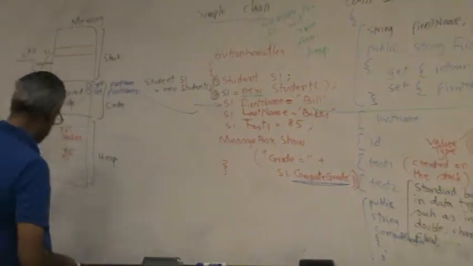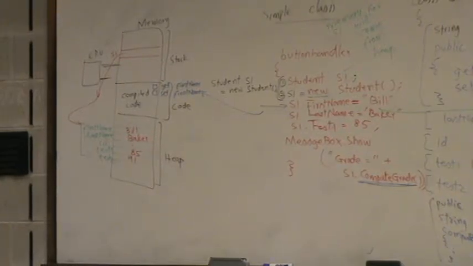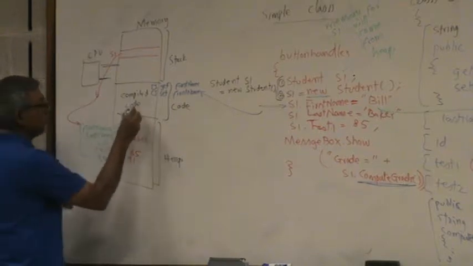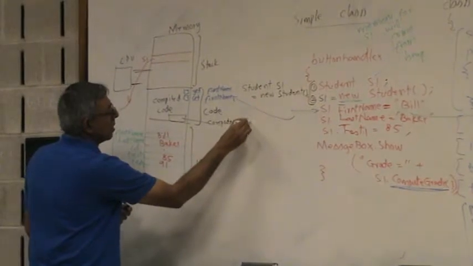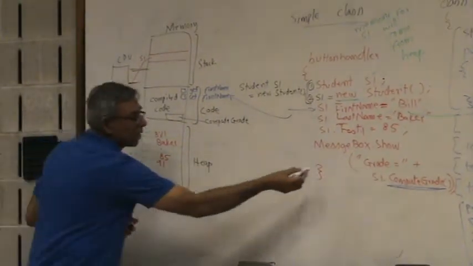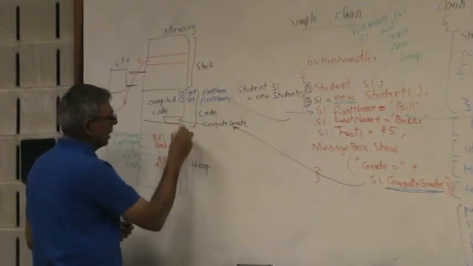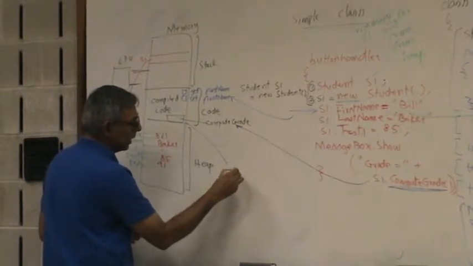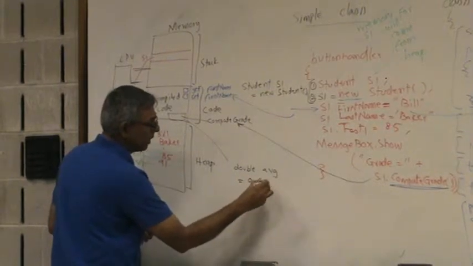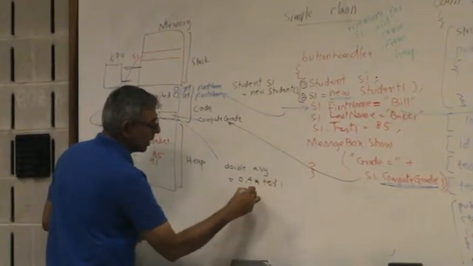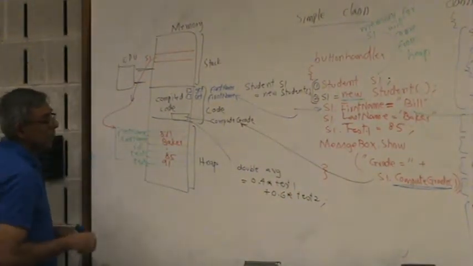Stack area, code area, heap area. Where? Code area, because it's a function. All functions go into the code area, right? So over here, there's a compute grade function. Okay, so anyway, as we call this, the computer will call this. And if you recall, one of the first things we did over here last time was something like double AVG equal to 0.4 times test1 plus 0.6 times test2, right? Okay, so now